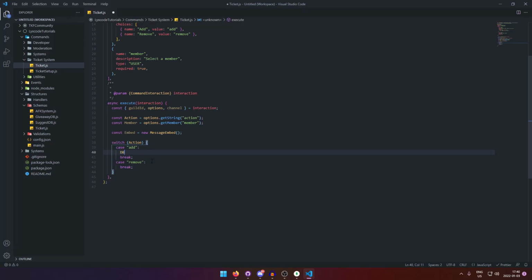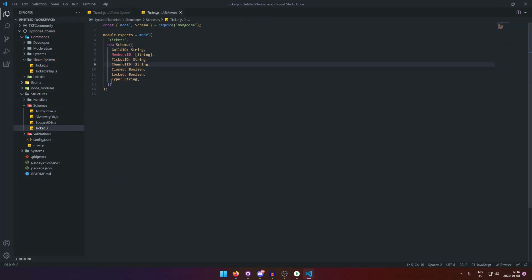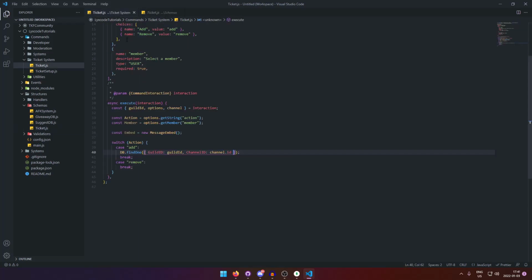All right, so in the add, we're going to start with the add. We're going to type db.findOne. So we're going to go inside our database, search the collection, and find a document that has a guild ID the same as the guild ID of the interaction, and a channel ID the same as the interaction.channel ID. If you go to our schema like we see here, remember the channel ID and the guild ID. They should be exactly the same. All right, in here we're going to do async,